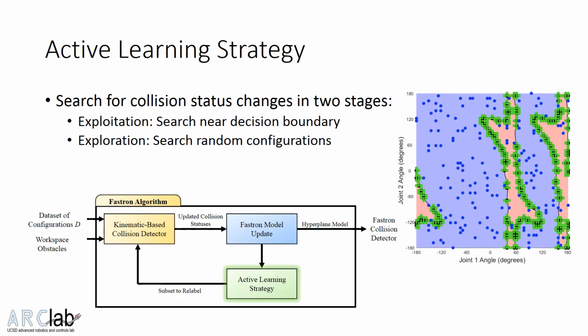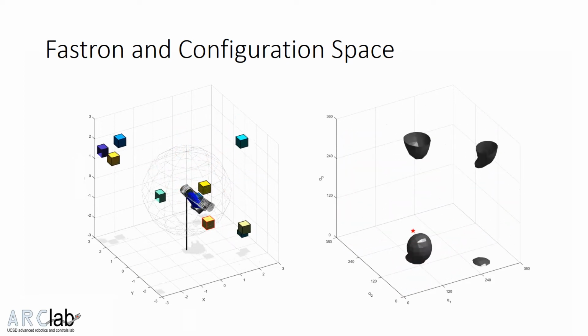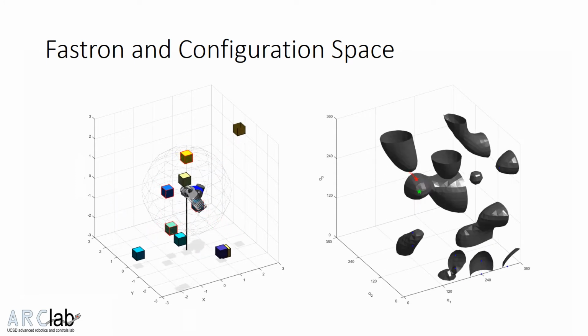As obstacles in the workspace move, collision statuses of points in C-space will change. Rather than using a kinematics-based collision detector on every point in C-space, a subset of points on which this slower oracle function is to be used is selected using a two-stage exploitation-exploration active learning strategy. On the left, we have a 3DOF robot in a dynamic workspace. The Fastron is able to quickly account for the changing environment and model C-space obstacle boundaries, as shown in the